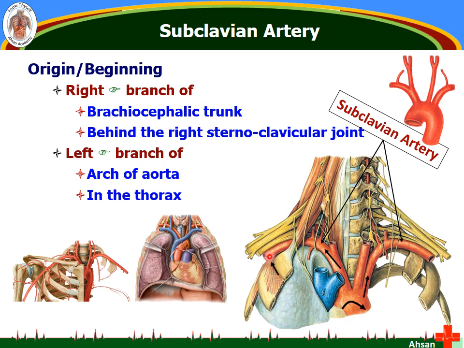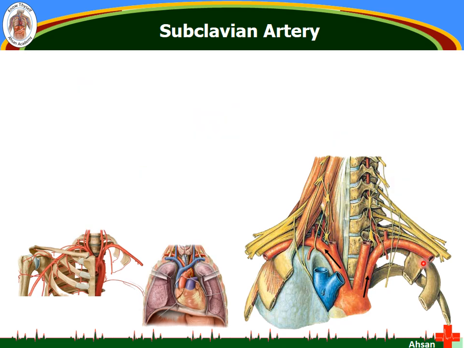This one is the subclavian. This proceeds towards the upper limb, and at the outer border of the first rib it ends. So up to this is the subclavian on the right side, but on the left side it is a bit longer. The termination point is,